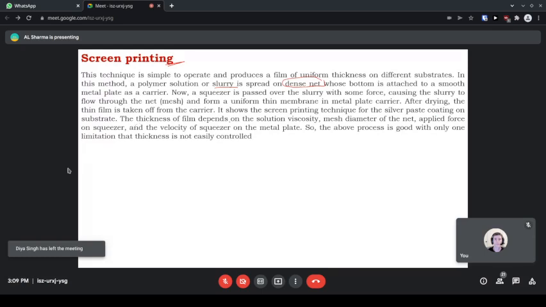The thickness of the film depends on the solution viscosity, the mesh diameter of the net, the applied force on the squeezer, and the velocity of the squeezer on the metallic plate. So the above process is good with